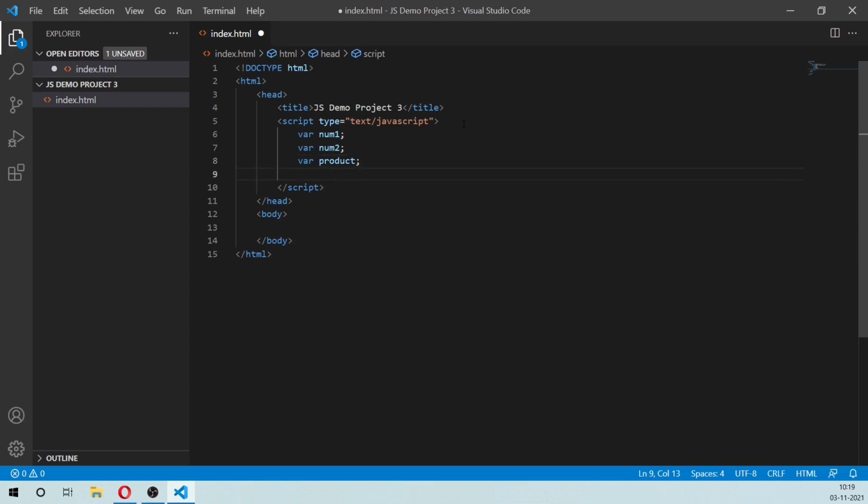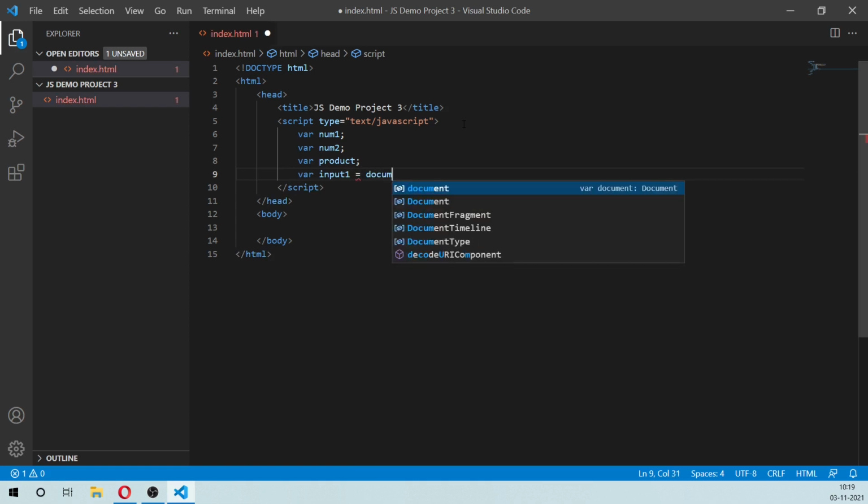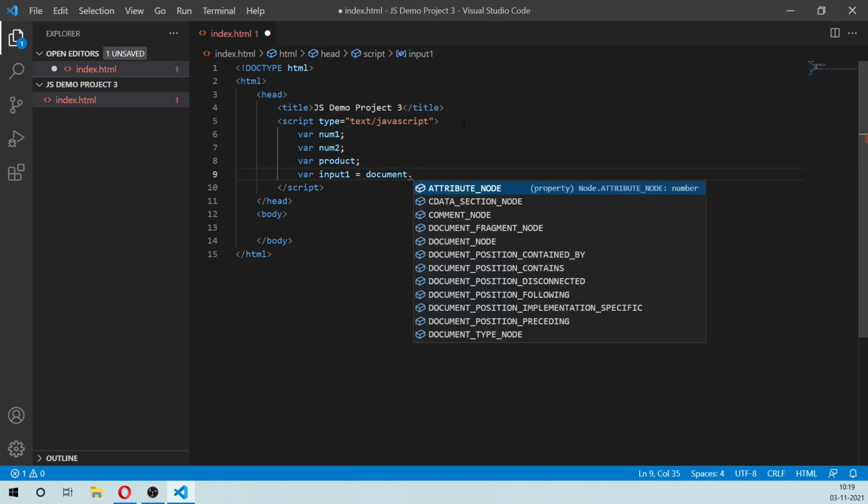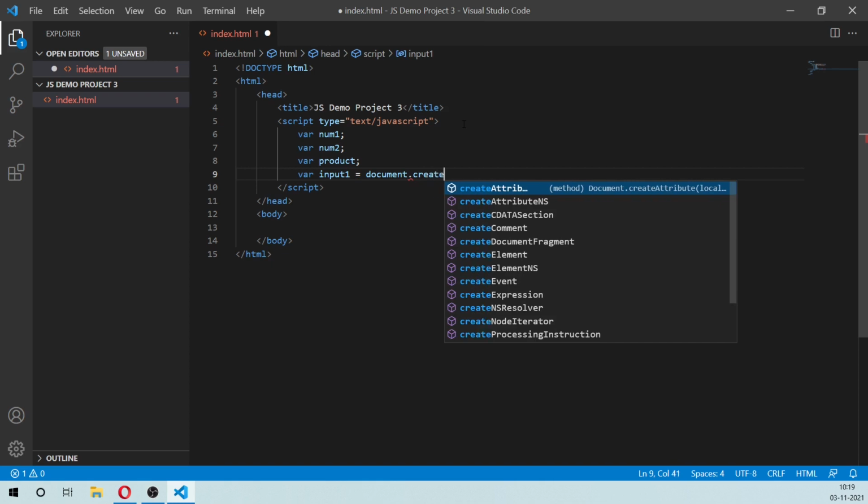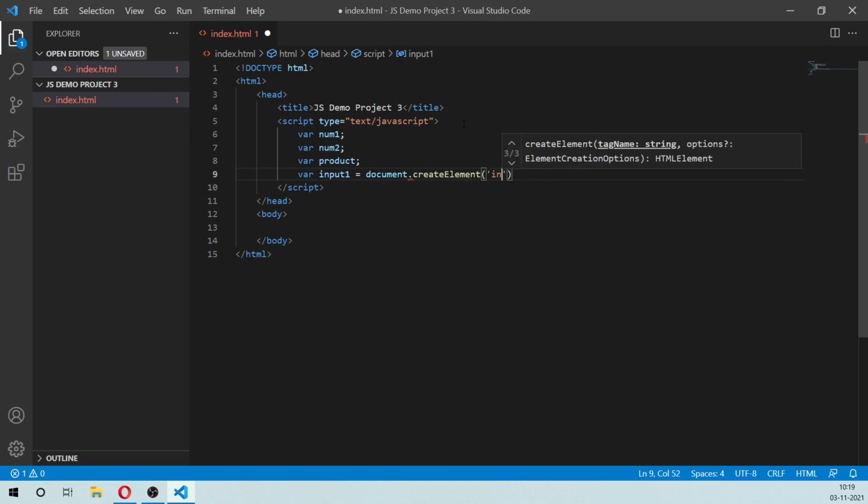The next thing we're going to need is we're going to need to create the elements using JavaScript so that we can add it to the body of the document. So I'm going to create a variable called input1, which will be the input in which we receive the first number. So for that, document.createElement of the tag name input.